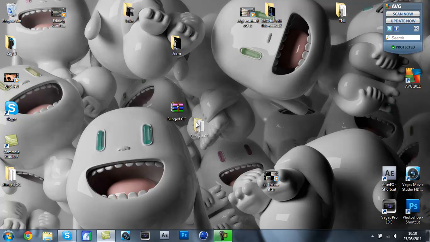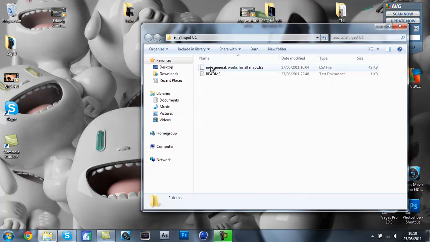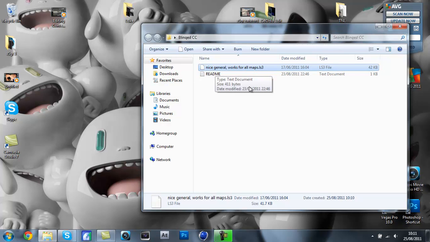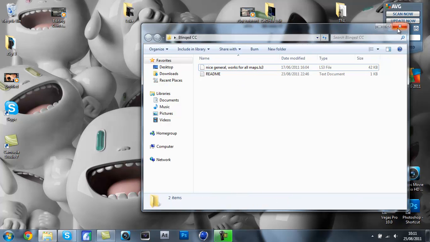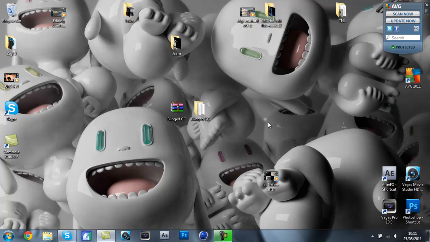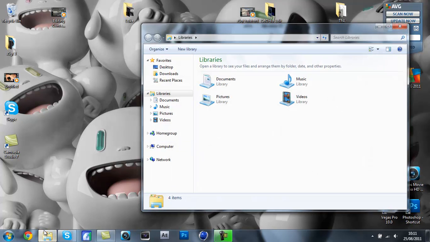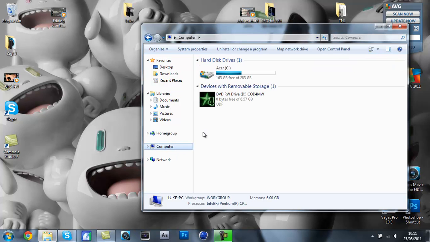Once you do extract, it's going to be here, and it's going to be my color correction template. That's it there. And to put it into your Magic Bullet Looks on After Effects, because that's what the color correction is, it's a Magic Bullet Looks color correction. I'm sorry if you don't have that, but I'm sure you'll be able to find it if you YouTube it easily. So you're going to want to open your browser, Computer Explorer,